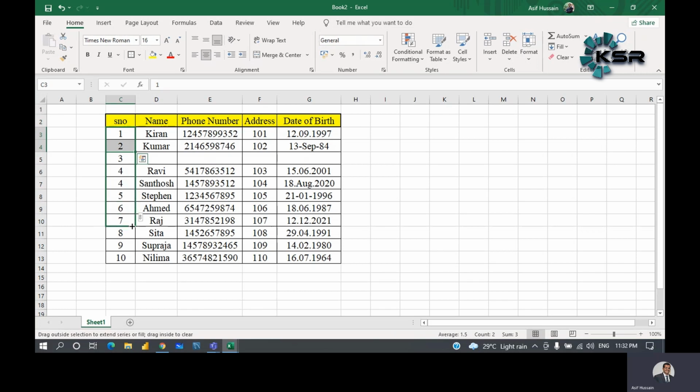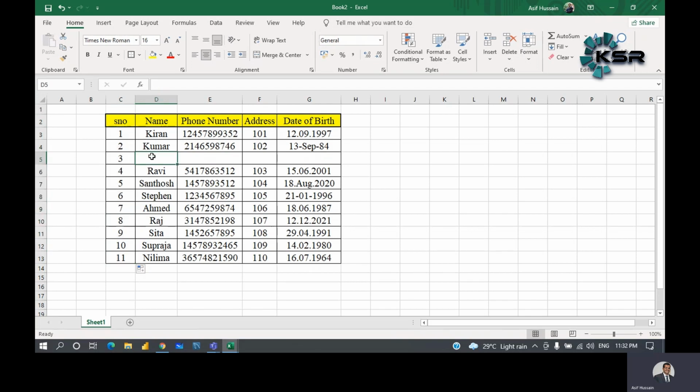Just drag it to the end where you want the serial numbers and leave it. Automatically the complete serial numbers will change. Otherwise you need to change them individually, one by one, which is difficult. All the serial numbers automatically get changed.